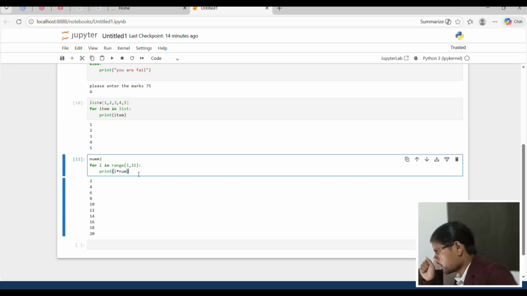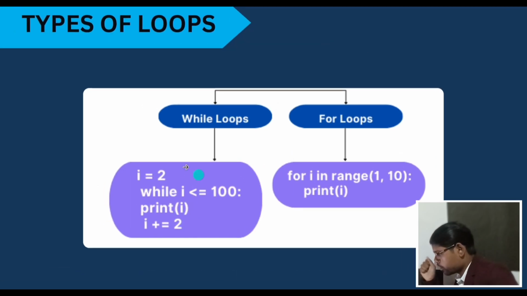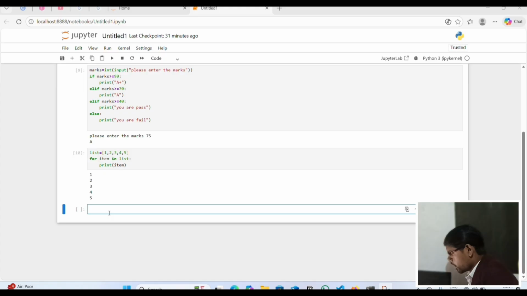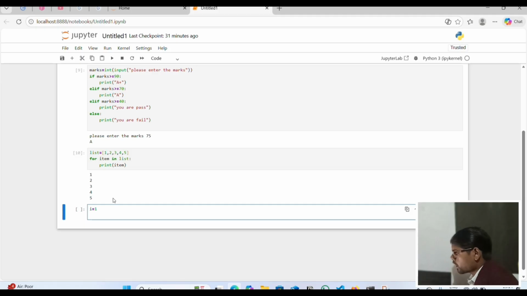Okay, looping used, and next as you can see we'll do a practical. i equal to 1 because this is initialization.